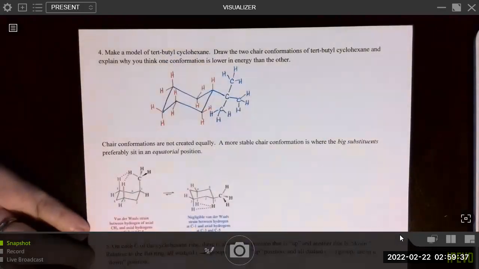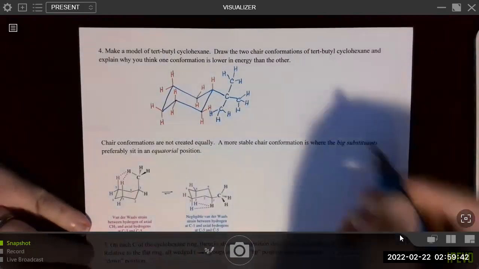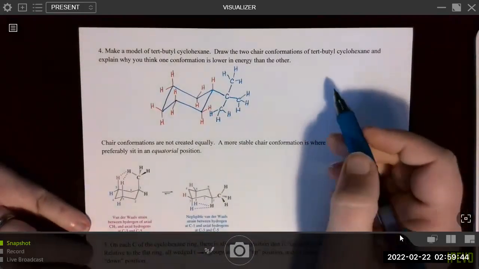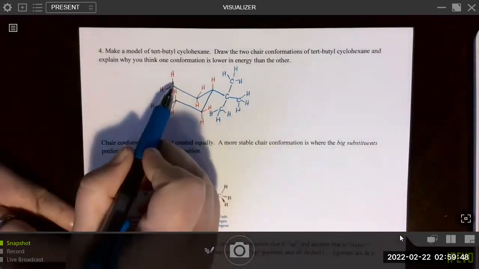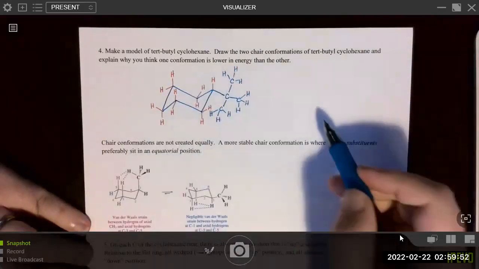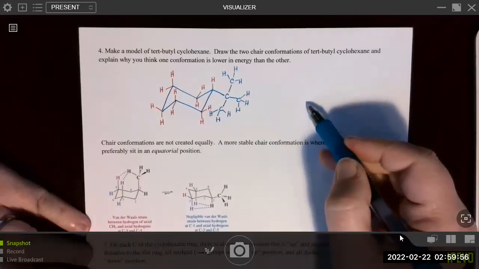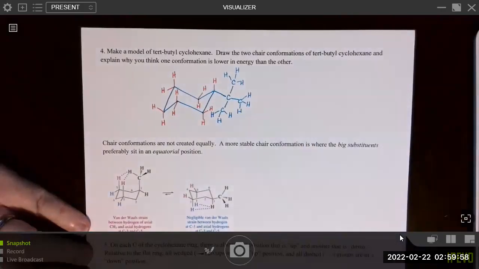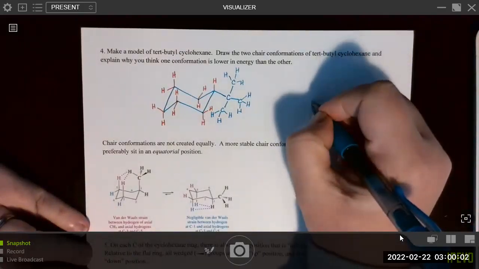Okay, so those are all the other hydrogens. Now let's go ahead and do a ring flip. Right? And so to do the other one, for this one I started and went down and to the right. So the other one, I can start from the top and go down and to the left, or start from the left and go up and to the right. So either way that you want to do it should work fine.